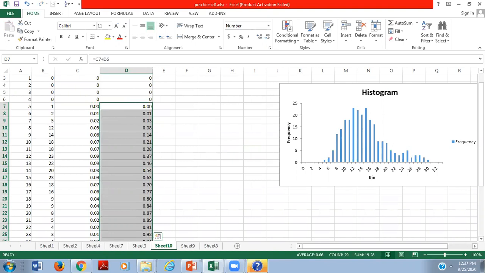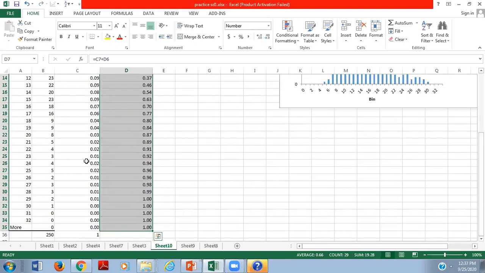Yes, so it will take around 22 days, or you can say it will take around 89 and 90.